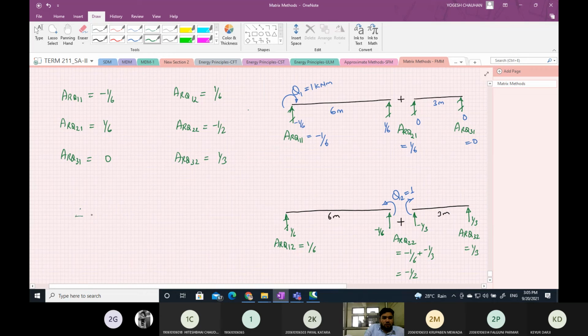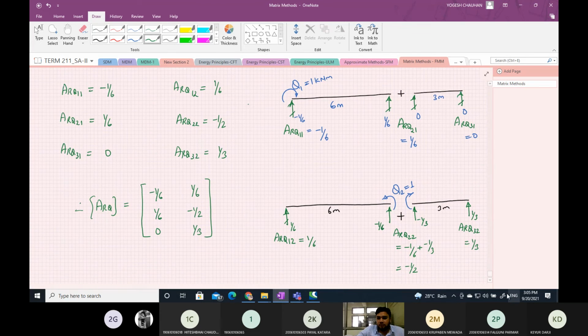Okay, so your ARQ matrix is equal to minus 1 by 6, 1 by 6, 1 by 6, minus 1 by 2, 0, 1 by 3. Okay, and Q matrix we already obtained,